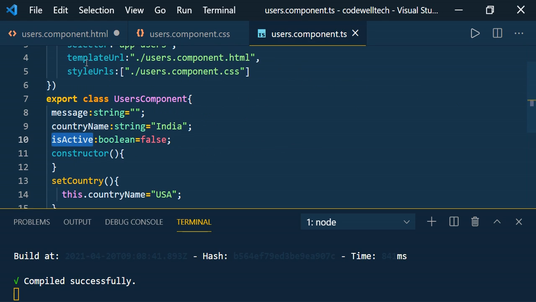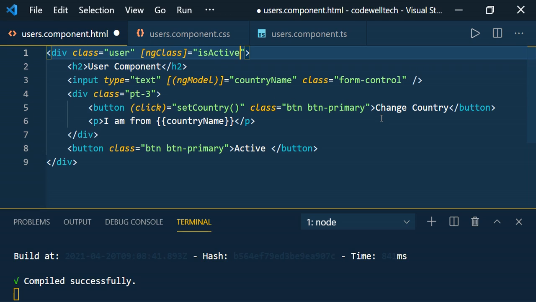Let's copy this and here use the ternary syntax. If isActive is true, meaning if it is active, then add one CSS class, otherwise add another CSS class, and we mention the CSS class name in single quotes. Since we are using double quotes here, inside this you should use single quotes. You should not use double quotes; that will throw an error.